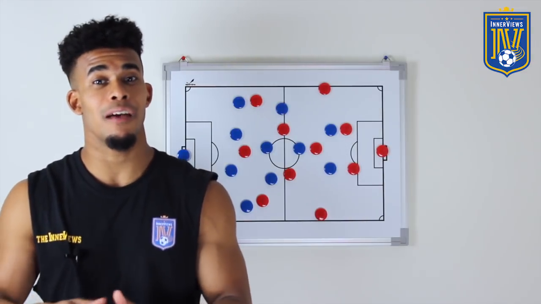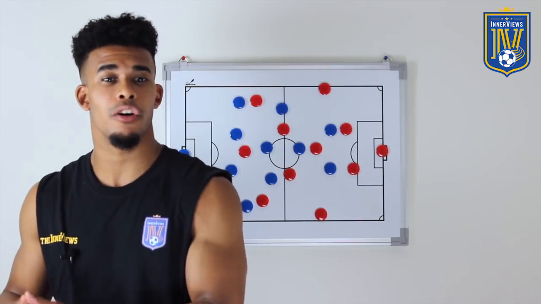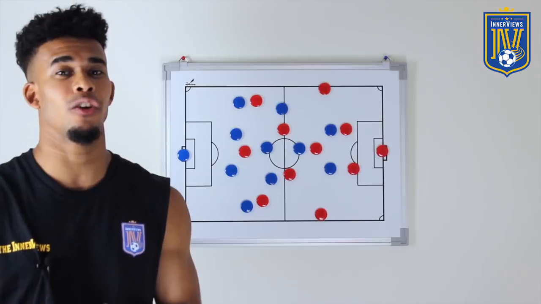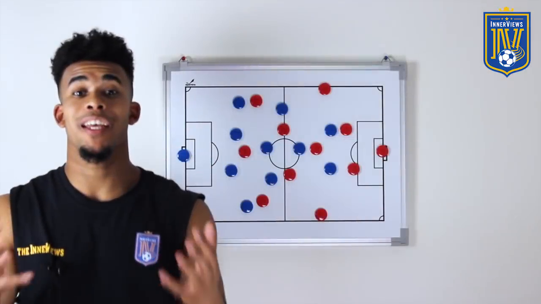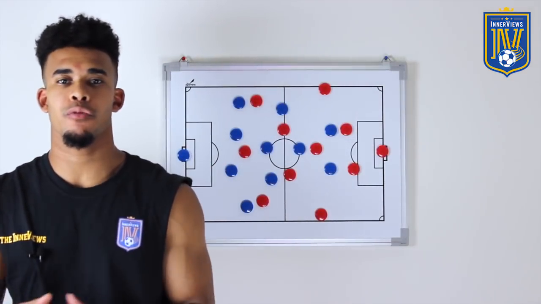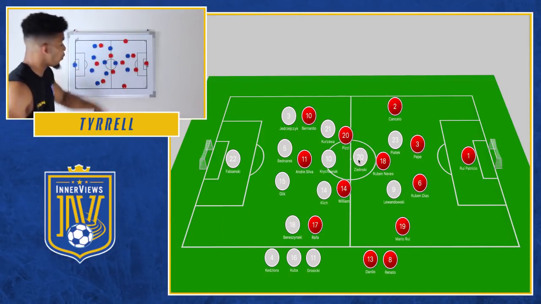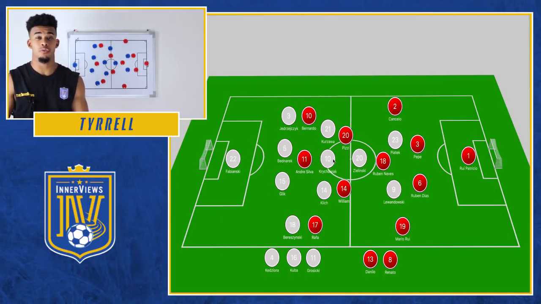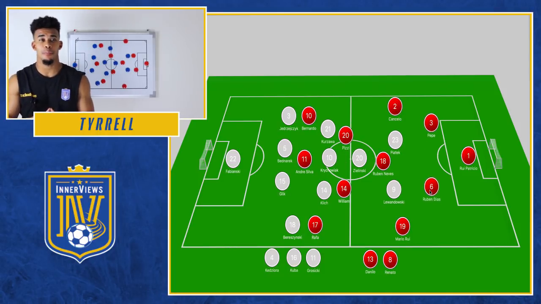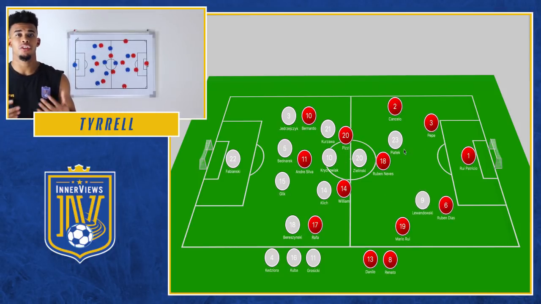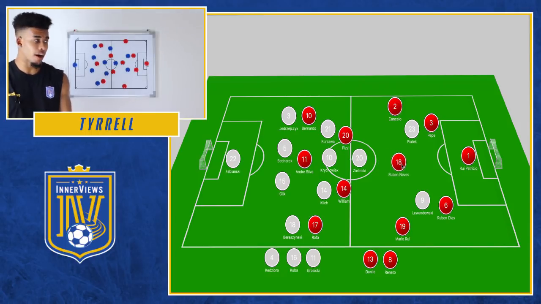So let's get to the first half and see where Poland struggled and how Portugal were able to take the lead going into halftime. When we get into Poland against Portugal, what we have here is Poland dropping off into what should be a 4-4-2. But one of the key things they wanted to do was to ensure that Portugal couldn't play out the back and that Ruben Neves couldn't dictate the tempo of the game. And we saw that early on.